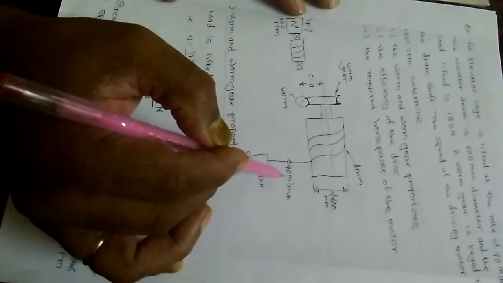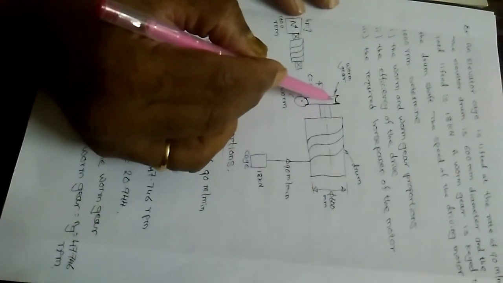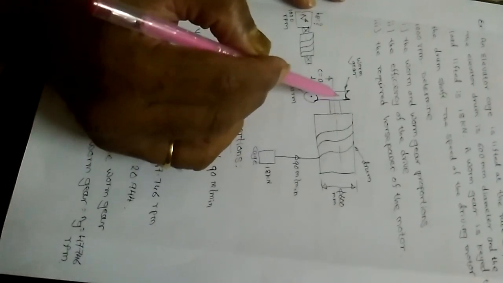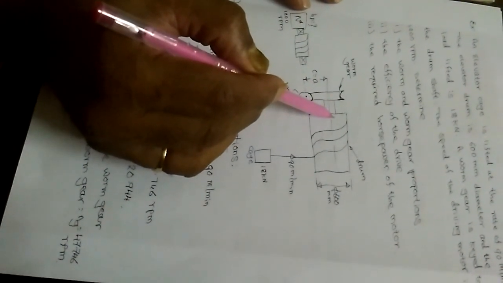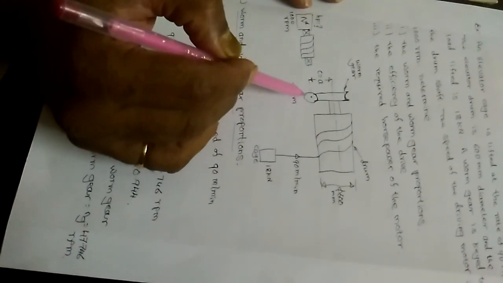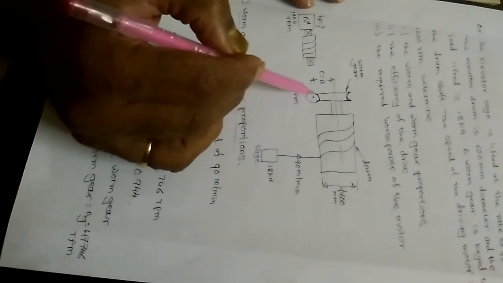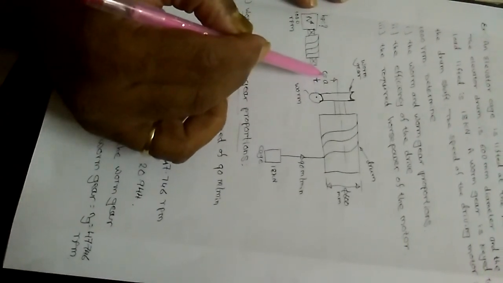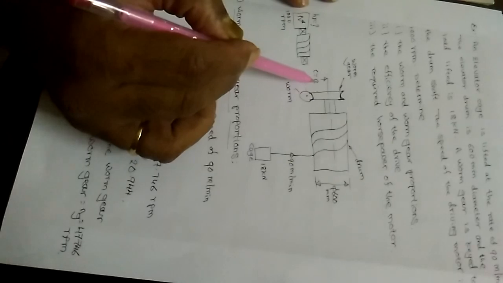It is exactly like the elevator used in a multi-story building which moves at a particular speed. Then this is a worm gear which is keyed to the drum shaft. That's what the application here is. So this is directly coupled to the drum shaft. On the worm gear, we have the worm which is engaging over here. This small circle which I indicated is a worm. These two are separated by a center distance, called A.